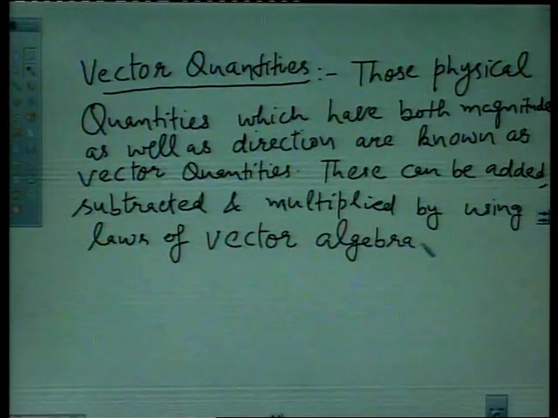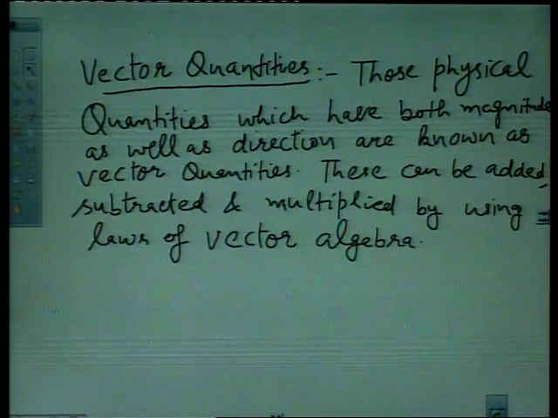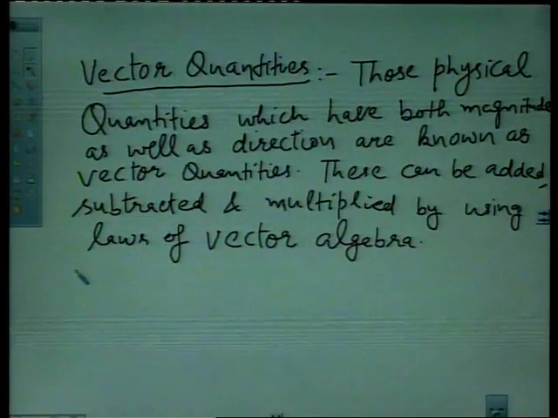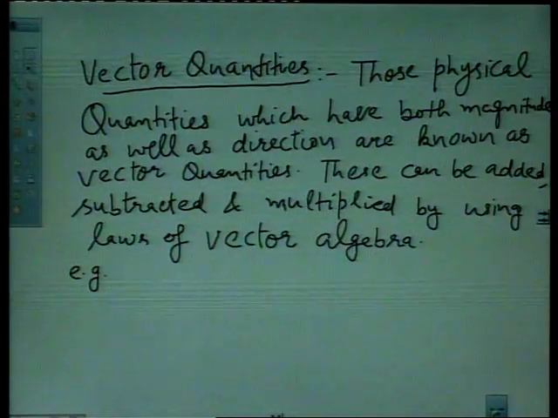So there are some laws of vector algebra which are used for the addition, subtraction and multiplication of vector quantities. The examples of vector quantities are